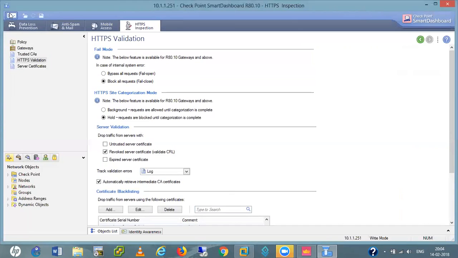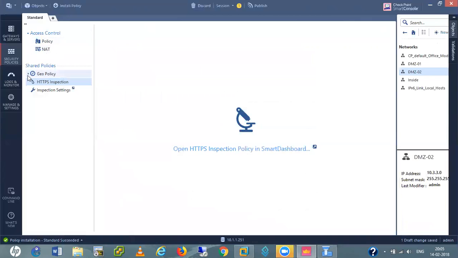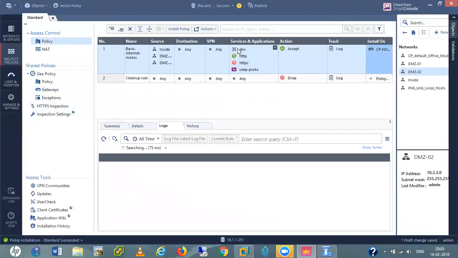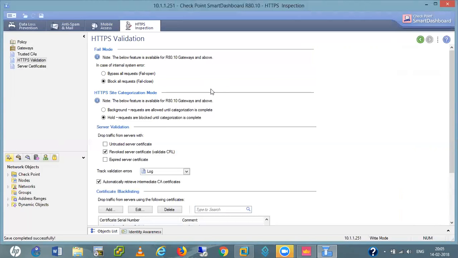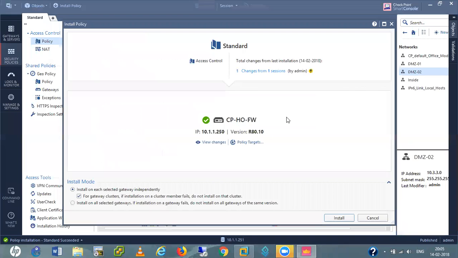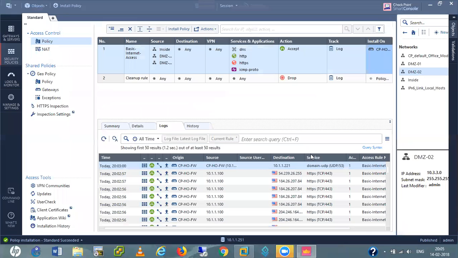Now let me again save. Open. Update. Okay. Go to policy. Here we have DNS, HTTP, HTTPS, and ICMP. These are my network. Okay, accept CP. This one. Okay. Let me install the policy now. Load this one and start installation.